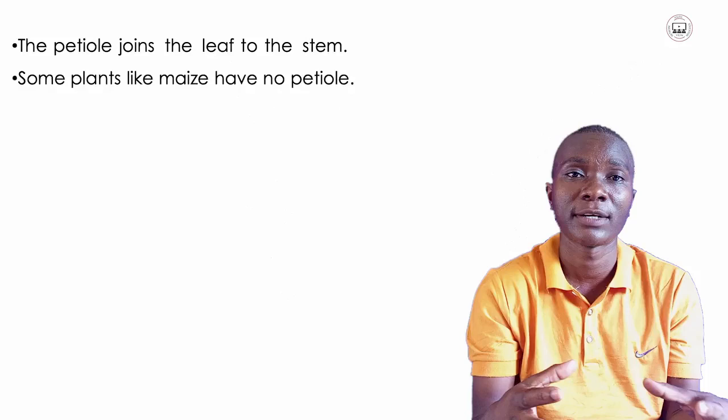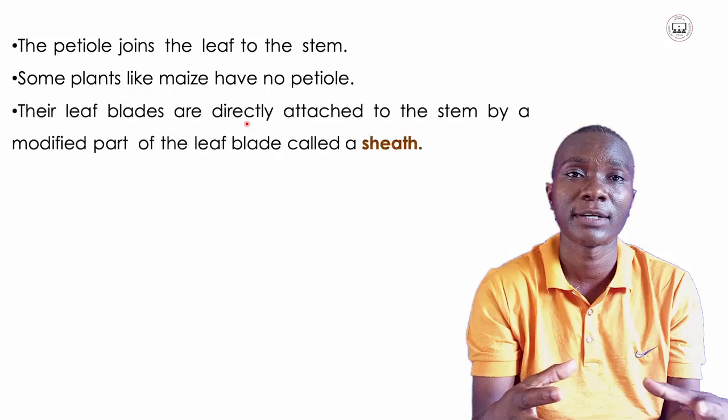Some plants like maize have no petiole. For those familiar with maize, we are all familiar with maize leaves. They just go through, they don't have the apex. So we'll see how they are attached to the stem. Their leaf blades, that is of maize, are directly attached to the stem,